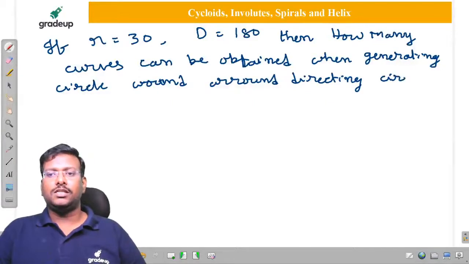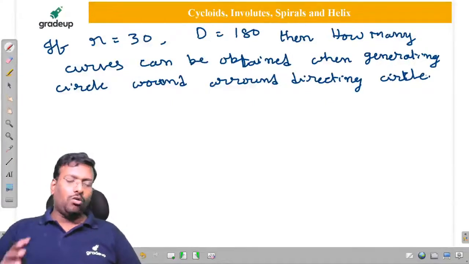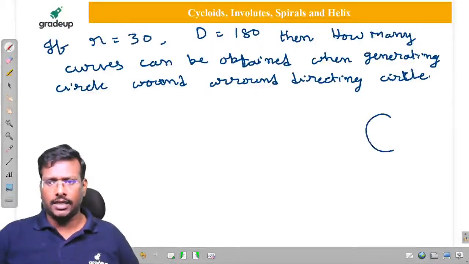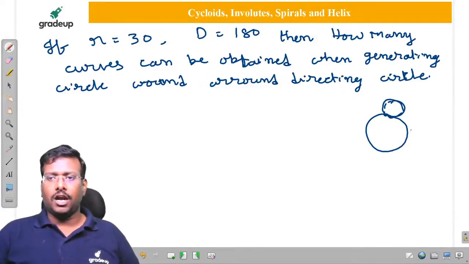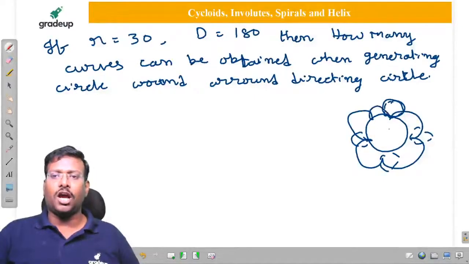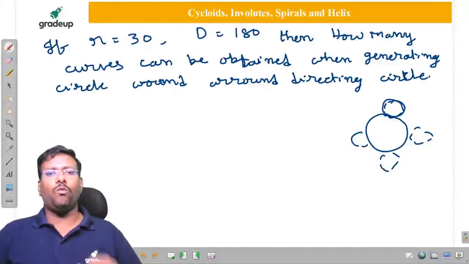Sir, they are not asking the angle. If a rolling circle rolls for one complete revolution on a directing circle, it is a directing circle, sir. If it starts here, after making one revolution, once it reaches this, how many curves can it make? 4 or 5 or 6 or 2 or 1? Very simple, sir. For one revolution,